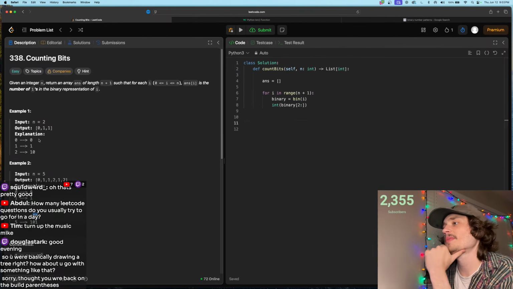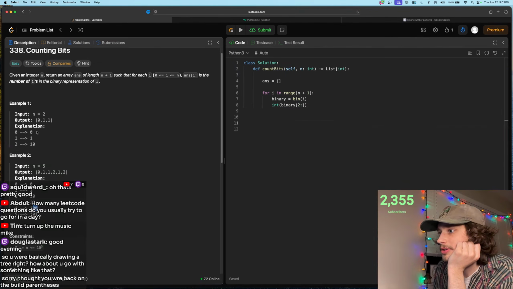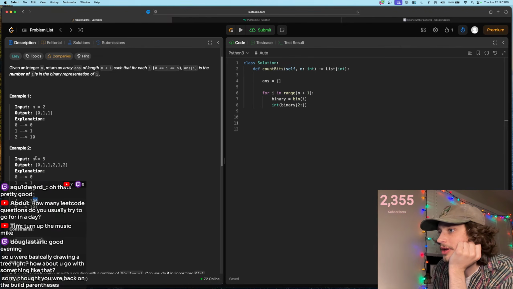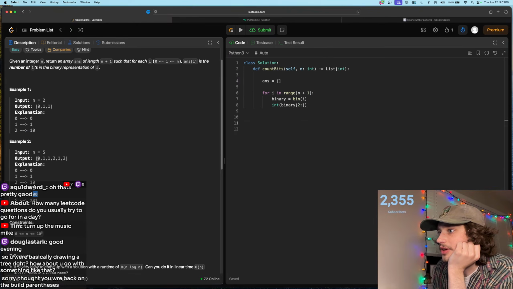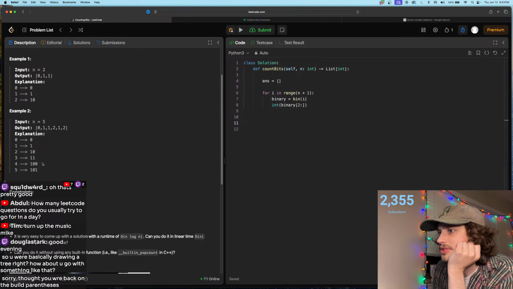Well, could we use another binary operator, like a two-pointer approach, comparing numbers as I go? So let's see, if I used binary and,